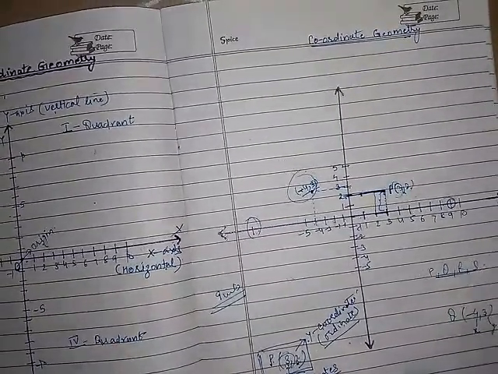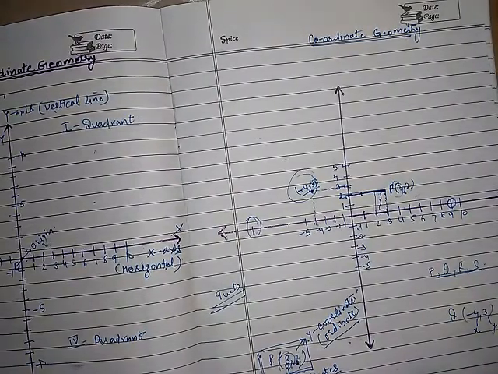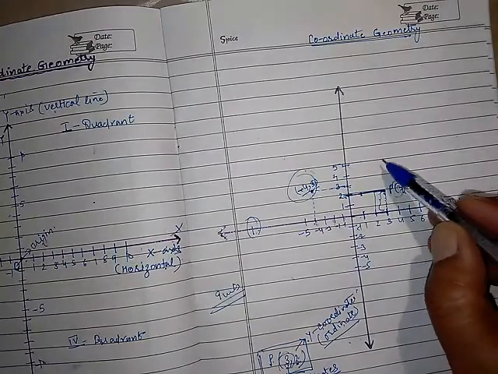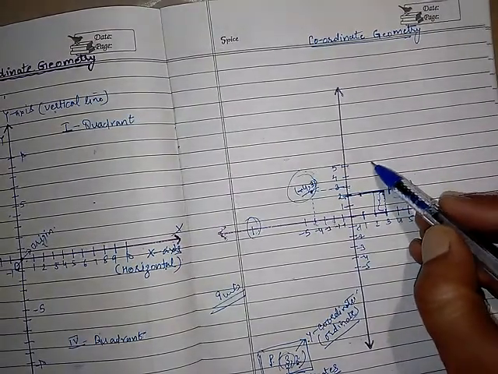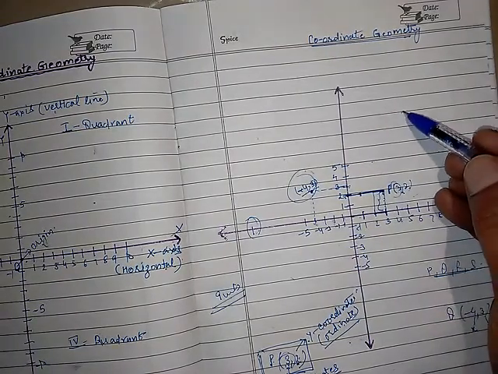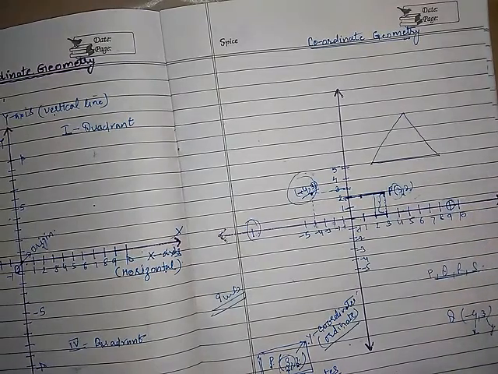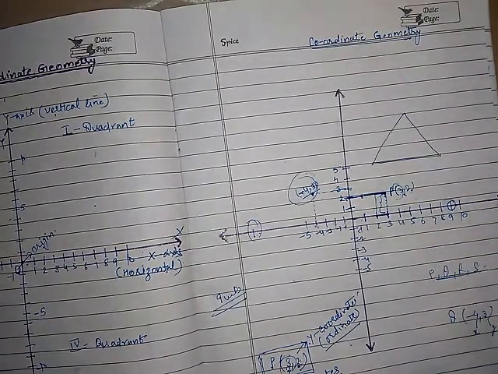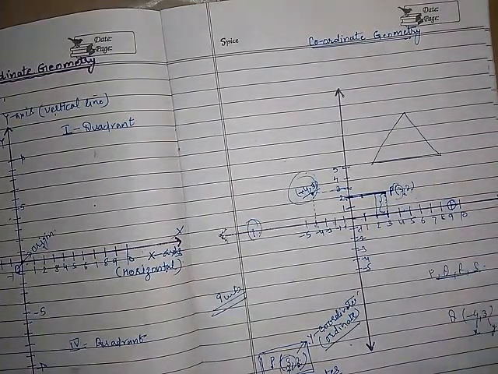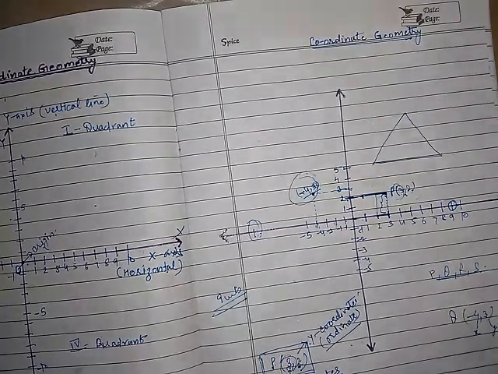Maybe one question comes in the exam in case of class 9, where you are given 3 points or 4 points, right? Suppose you are plotting these 3 points, then they will ask you to join the points. So we have joined. Then they will ask you what is the obtained figure. Then you can look at the figure and name it, that we have got a triangle. Now after that they can ask you for the area also. What is the area of the triangle so formed?